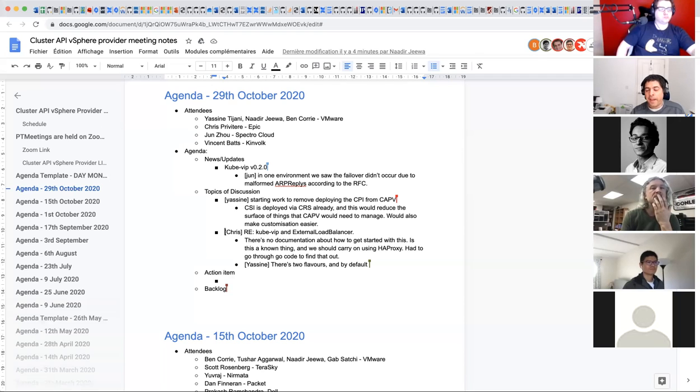And there is a way to include docs from other repos. What we're doing right now for AWS is we include the Cluster API book as a source of truth in our own site, because that quick start has all the information for all the different providers there.